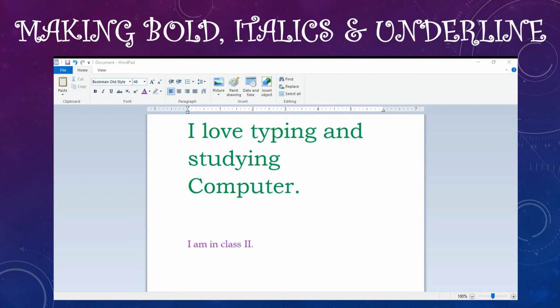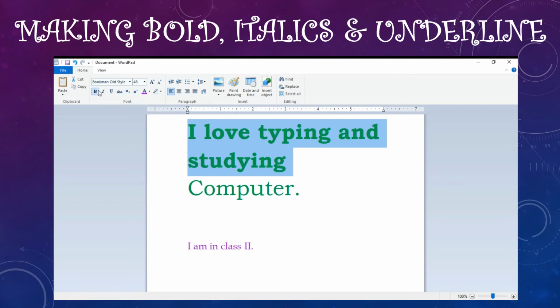So you have already learned which button is for underline, which is for italic and which is for bold. Now we have to see how we can change the text. If something is important, you underline your subject. So you have to see how we can do this.